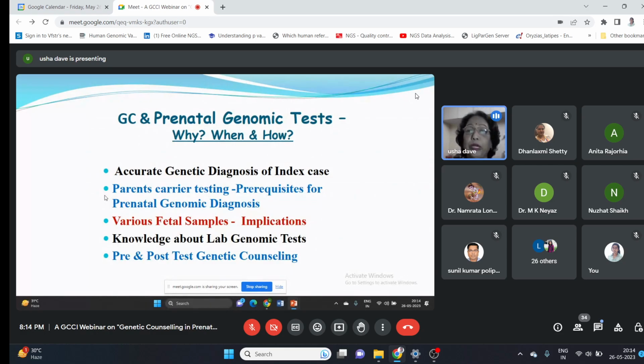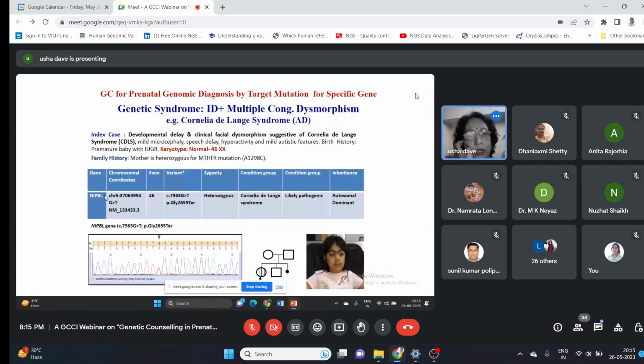Okay. So fetal sample, which fetal sample has to be used, that is also very important. And you should have the knowledge about all these laboratory genomic testing during pre and post test counseling. So here was a case, the couple came, the one boy is normal, and if you see this is a